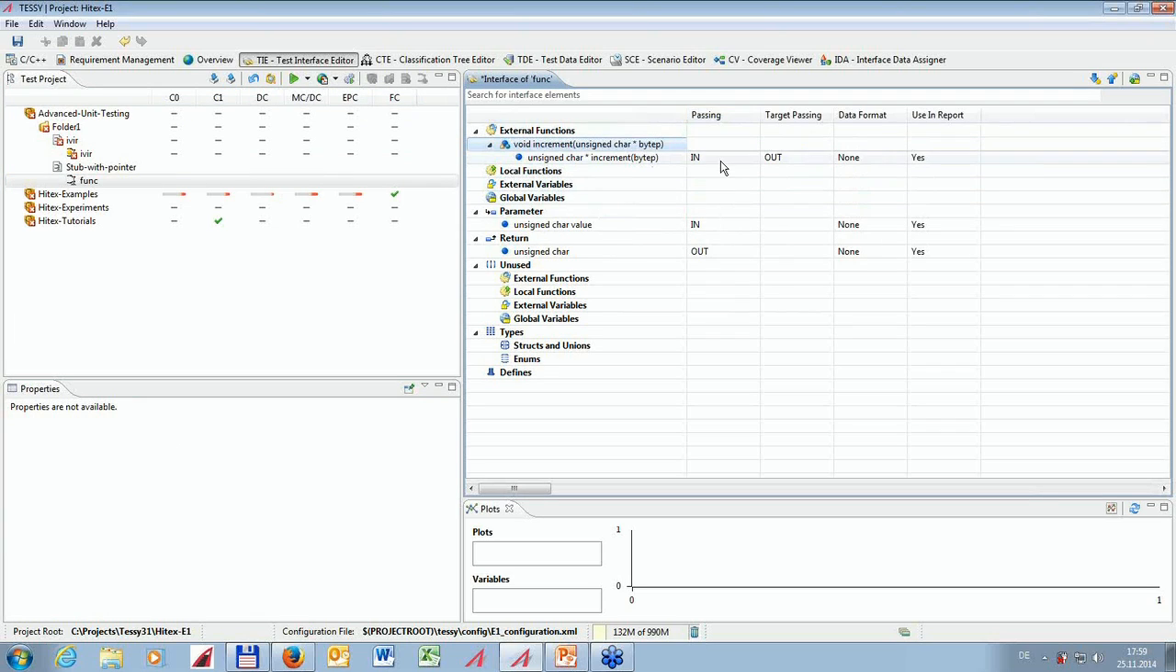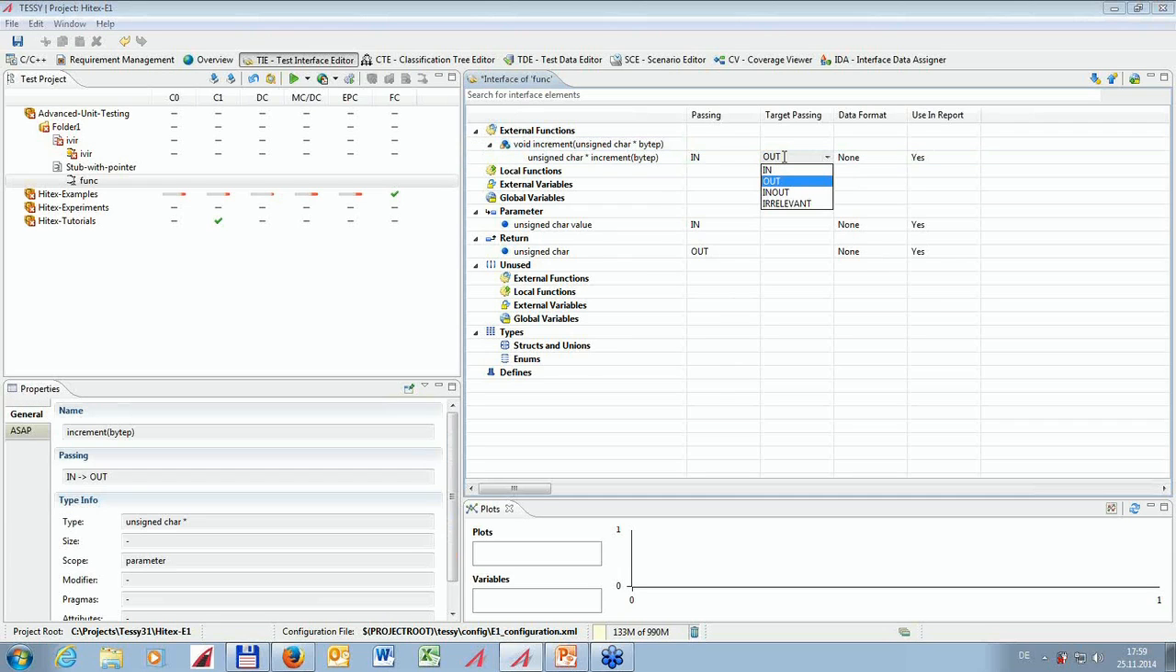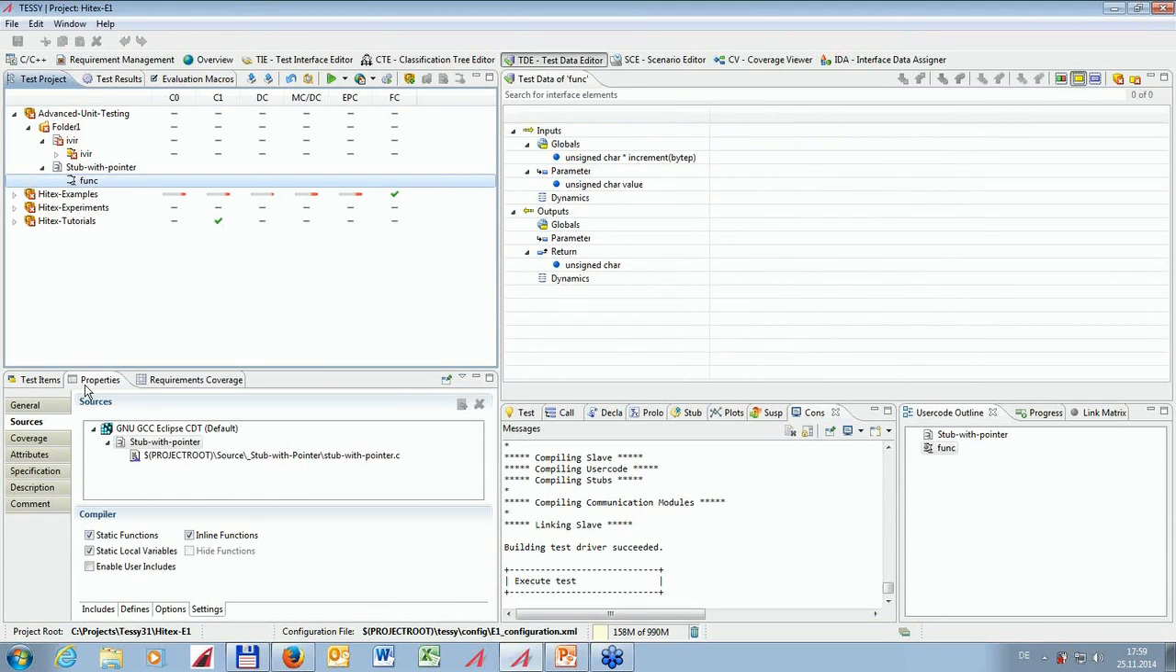Now I have two passing directions. One is the passing direction for the pointer, and the other is the passing direction for the target of the pointer, what the pointer points to. I need to change this because I first wanted to create a test case where the stub function returns a value in the target value of the pointer, and therefore I have to set the target passing direction to input. I save this, I go to the test data editor, and I see if I create a test case